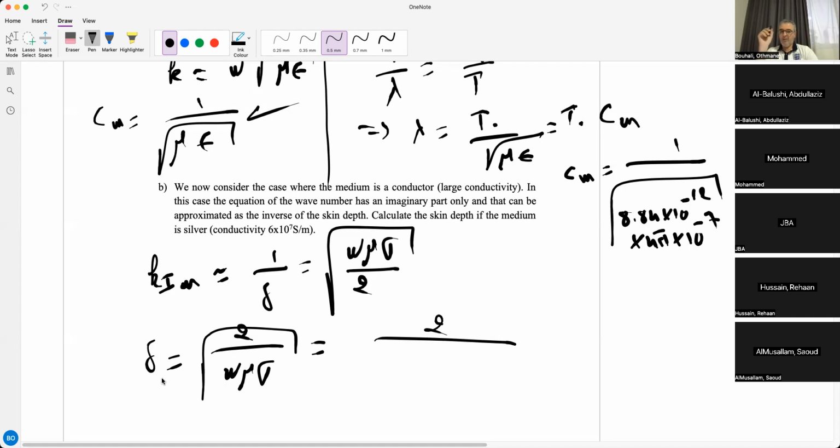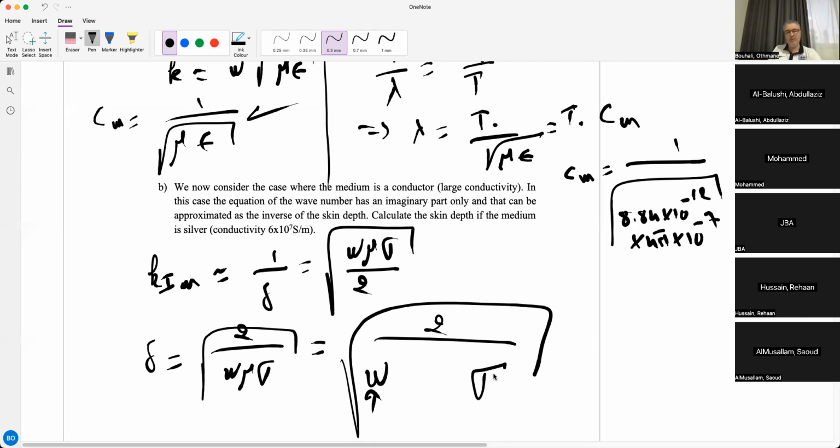The remark I wanted to mention, please, is this is the wave frequency, or the angular frequency of the wave, right? And this is sigma, okay? This is mu. This is the permeability of the material. It has nothing to do with the mobility,